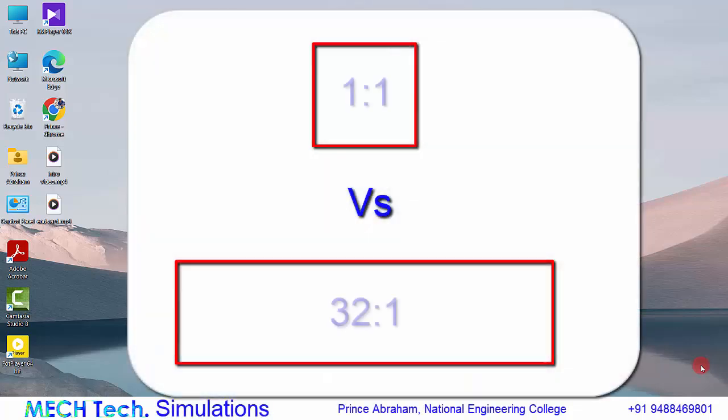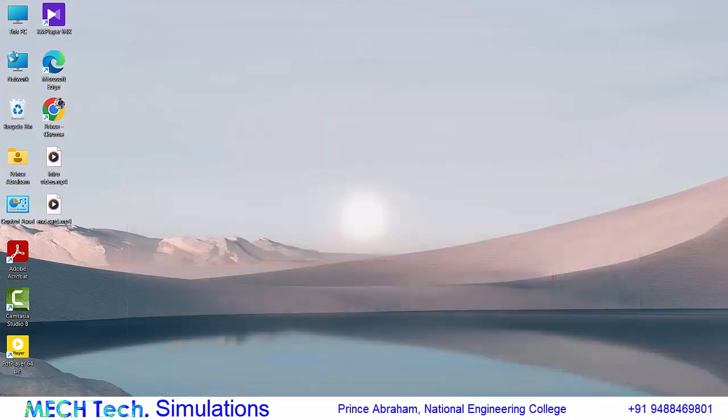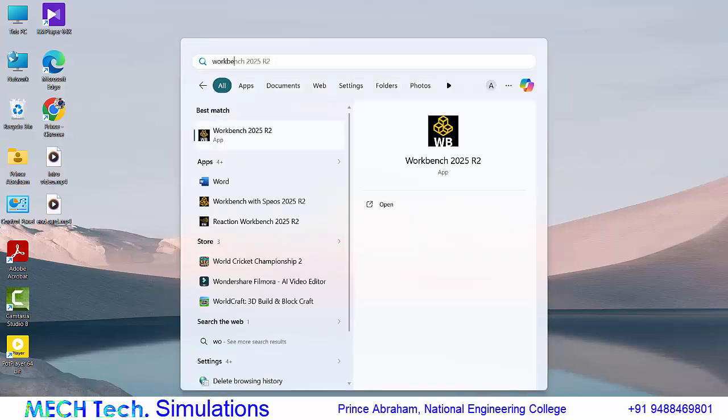Hello guys, in this video you will see whether the aspect ratio of a mesh really affects the convergence of the results or not. Let us check that by using a simple case study. Let's open ANSYS Workbench